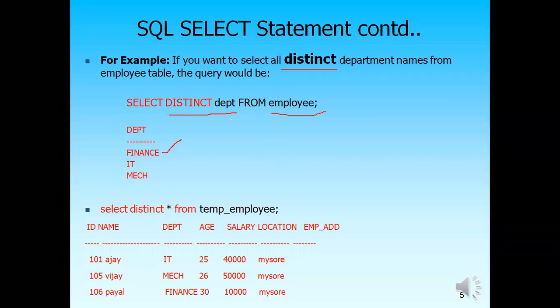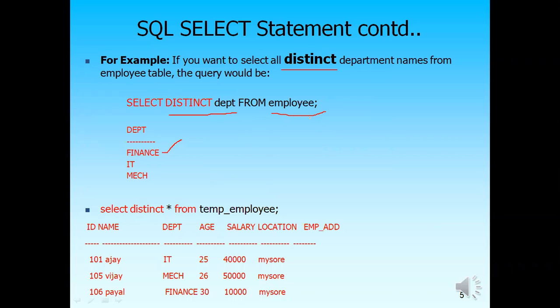Another thing that we can use with the select query is the distinct clause. Many times we want to display some result only with distinct values. For example, in my student table there can be thousands of students in the college, with different departments.